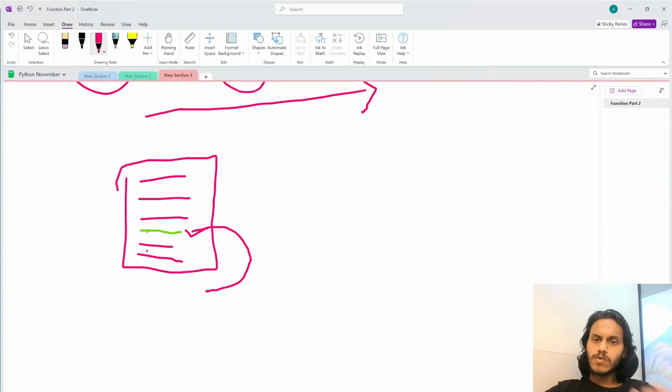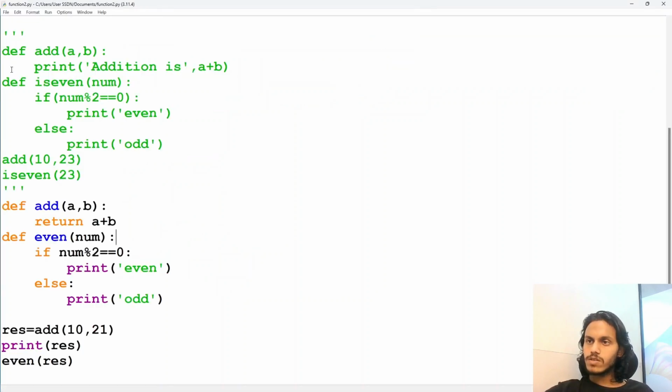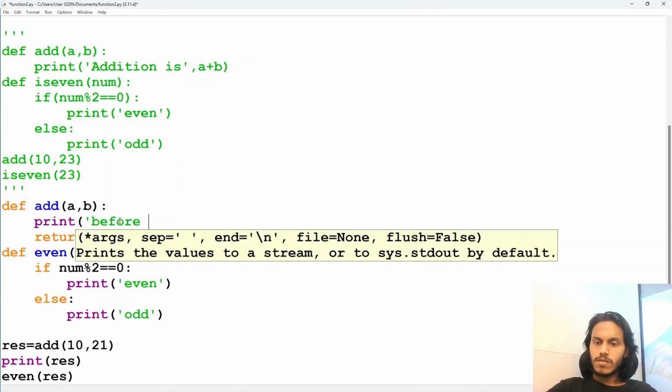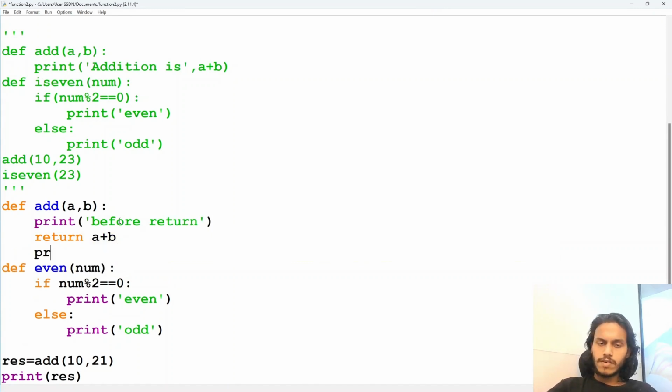Like, I have given you a file, you have done some work, you have returned that file to me. Now I will go somewhere else. There's no point between me and you as of now after the return statement. So basically, when we use the return statement it will terminate the function. Let me just show you how. Let's suppose in this add function, I'm writing print before return. After return, I will write print